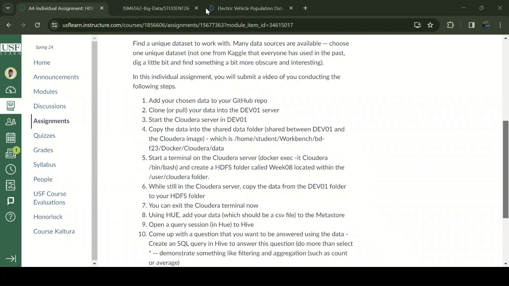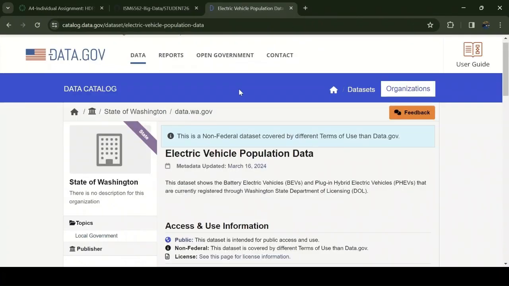So in this video, we're going to see how we can utilize Hadoop functionalities on a given data set and how we can do the query analysis using Hive. So getting into this, the dataset I'm going to choose for this analysis is selected from the data.government website. This is the electric vehicle population data, which shows the data set of different electric vehicles that are registered in